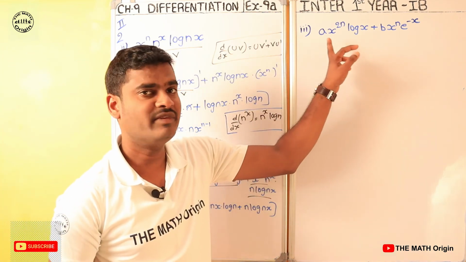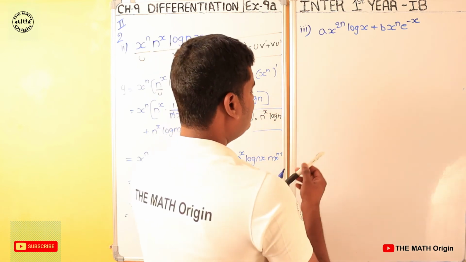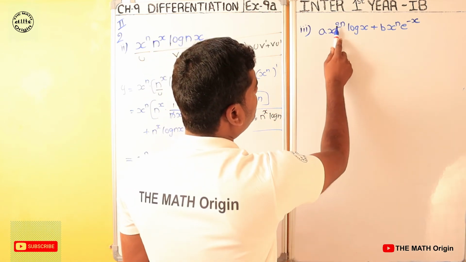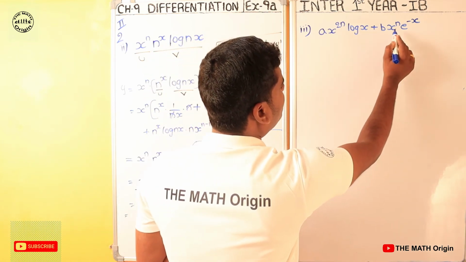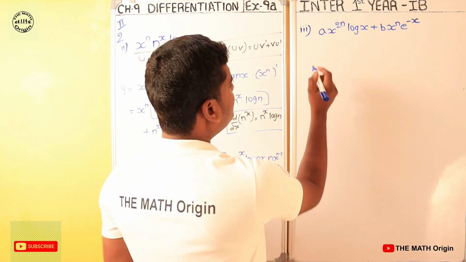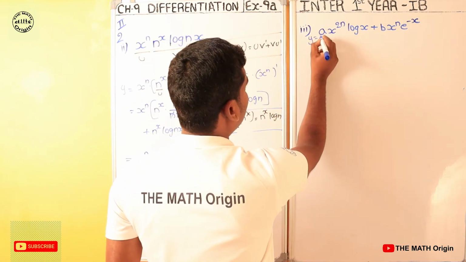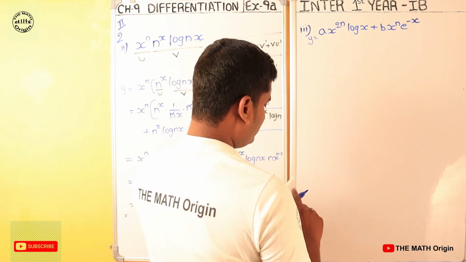With this we completed the second bit from the second question. Now third bit from the second question. The given question is a x power 2n log x plus b x power n e power minus x. So let's take this as y is equals to. Okay, so now here this first